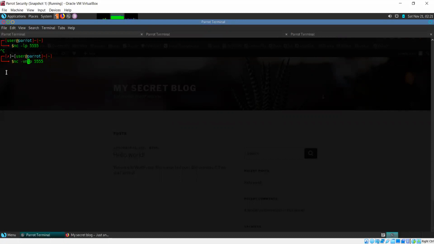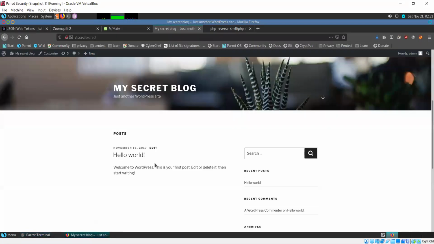Now I can click enter and it's listening on port 5555. So that means for any protocol, TCP, UDP, whatever the connection might be, that is open on port 5555. Now I'm going to go back to the website.